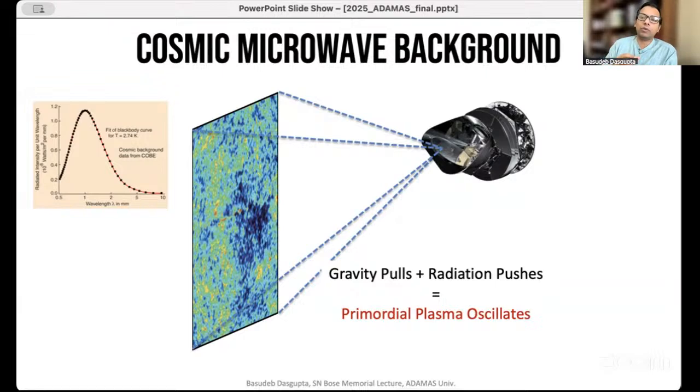And this is exactly what happens: if there is a part of the universe that becomes a little bit extra dense, just through fluctuations, then it starts to contract under gravity because of this extra density. But as it contracts, it heats up a little bit, and then radiation pressure pushes it out, and then this oscillation keeps on happening, and this sets up waves.